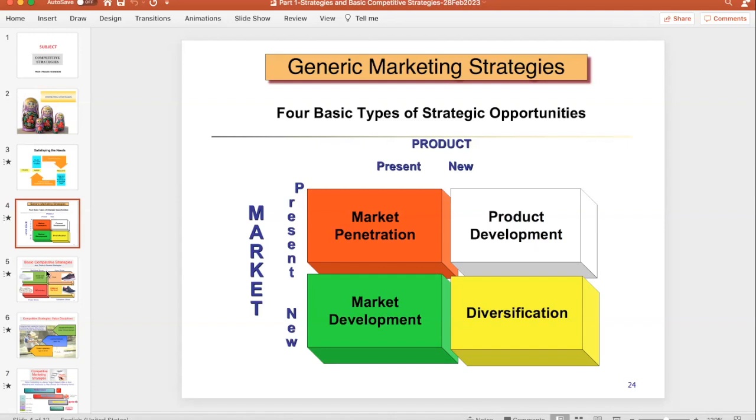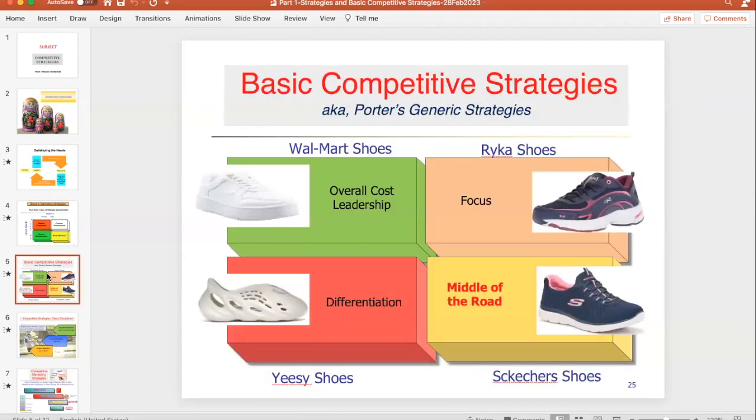Other strategies include the basic competitive strategies, such as trying to have the lowest price as possible. This is called overall cost leadership. Trying to sell the product to a very specific group of customers, a narrow group of customers, that's called focus. Trying to have a product that is very different than the competitors, so by this difference eventually you will be going after a specific group of customers,